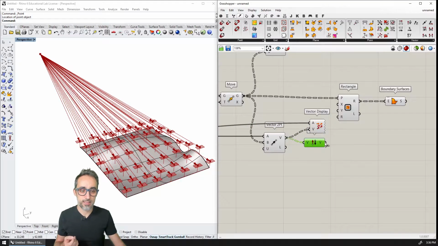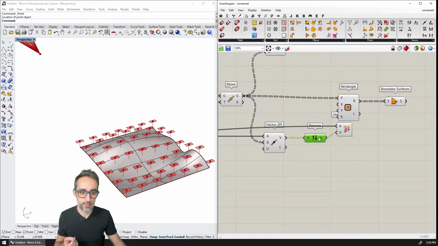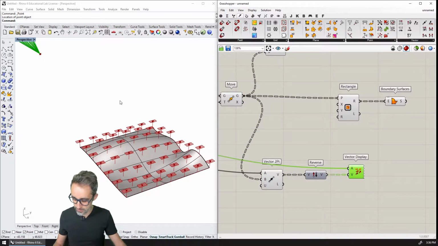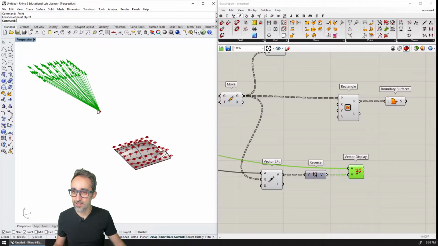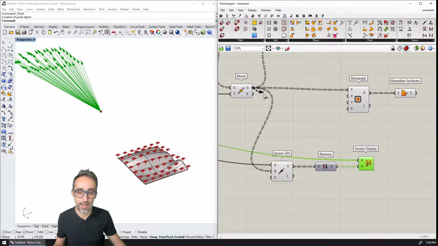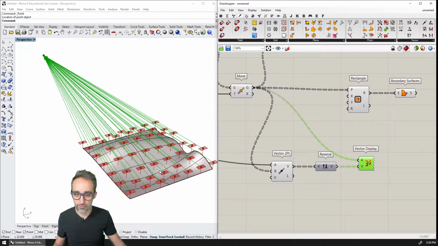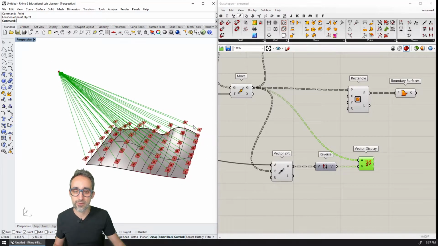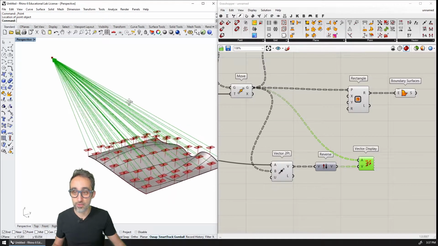And as I reverse those vectors and visualize them, you can see that the vectors, which are still anchored in the sun, are now facing the other way around. If instead of anchoring them in the sun, I now anchor them on top of the masts of these panels, then you can see that all the vectors are now pointing to the sun.